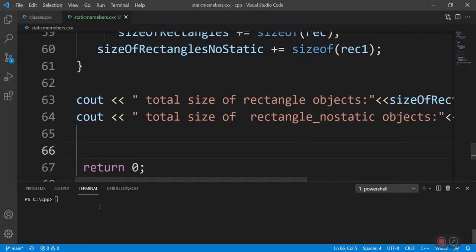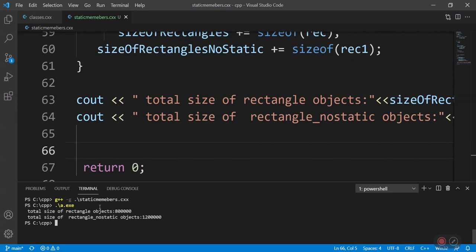Now let's try and compile this and check what the size is going to be. See, total size of the rectangle objects is how much? 800,000 bytes, and this is 1,200,000 bytes.